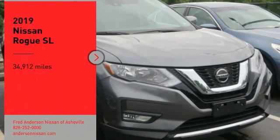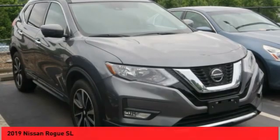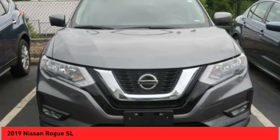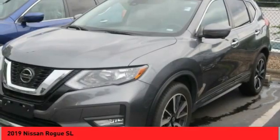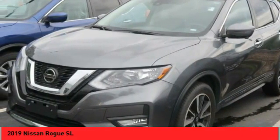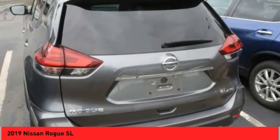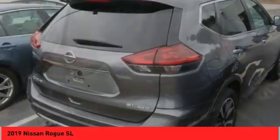Looking for the right vehicle? Check out the 2019 Rogue. The stylish Rogue gets 27 miles per gallon and still boasts nearly 58 cubic feet of cargo space. With a 5-star side impact safety rating and confident handling, the Rogue is more than you expect and everything you